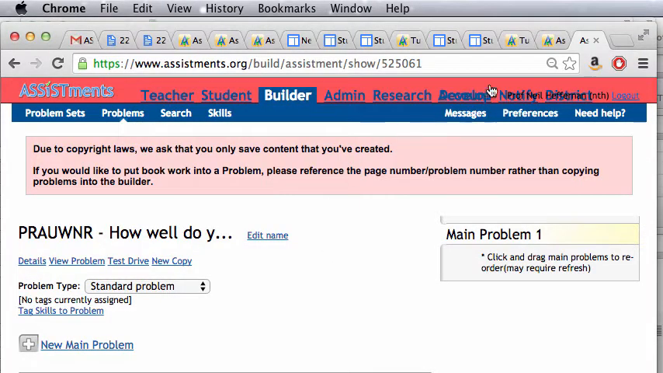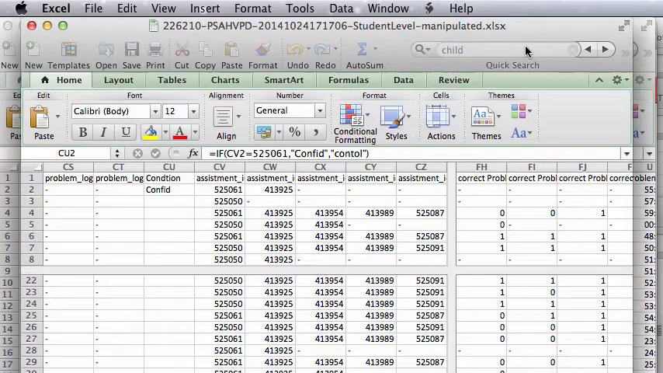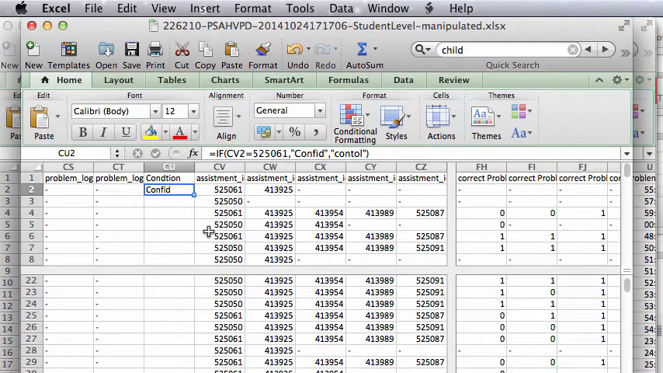So imagine you've got your file and you want to find out how you put in your conditions. Well, what I've done here is I've taken the student level file, and I wanted to write an if-then statement, which in this case required me to understand my file enough to know which kids are in which